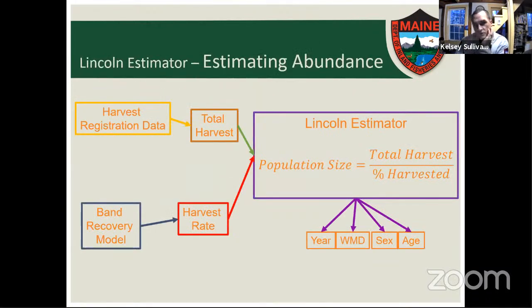So this is the sort of population estimating abundance in a nutshell. There's this really handy tool that a lot of folks use in mark recapture or banding studies that utilize what they call the Lincoln Estimator, and it's based on, you get good harvest registration data or harvest information. For Maine wild turkeys, it's spring harvest registration data, and we know the total harvest, and then we